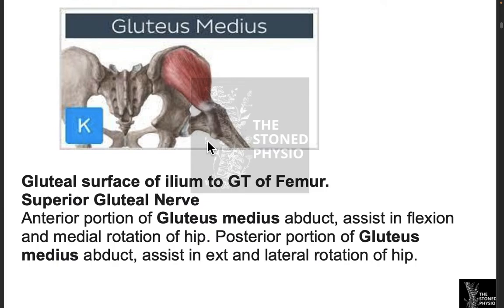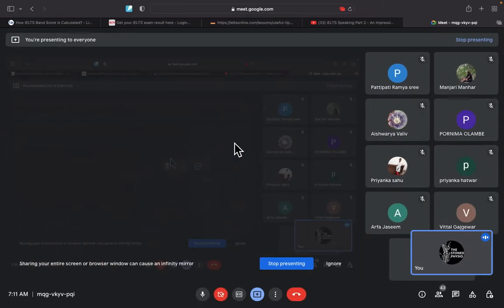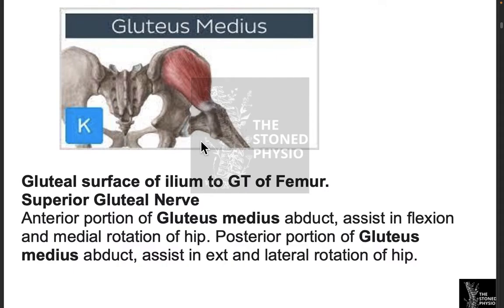In weight bearing or in non weight bearing? In which position, in weight bearing or non weight bearing, for the gluteus medius? In weight bearing, or precisely we can say in unilateral stance weight bearing. If the person is in unilateral stance, bearing weight on the right hip joint only, and the person has lifted the left leg, in that case of course,